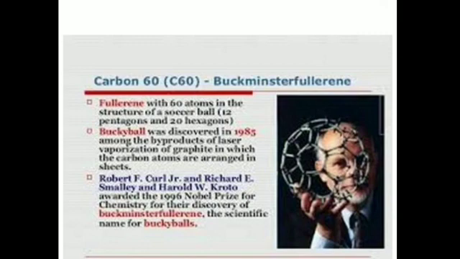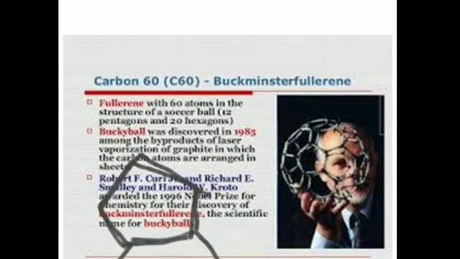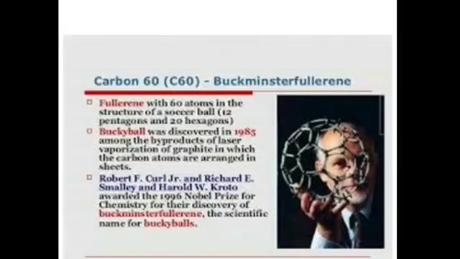and it is named after an American architect, Richard Buckminster Fuller, who designed domes similar to those of fullerene molecules. So carbon atoms are arranged in Buckminster fullerene in hexagons and pentagons. They are arranged in the form of a hexagon, that is a 6-sided figure like this, and in turn they again form pentagons, that is 5-sided figures, 1, 2, 3, 4, 5. So they repeat themselves and they form a cage.